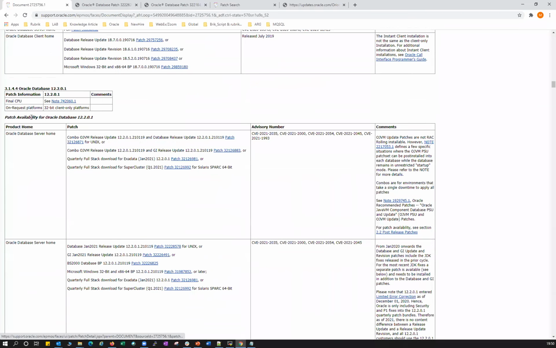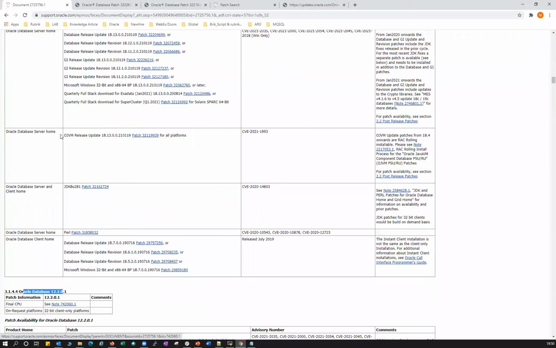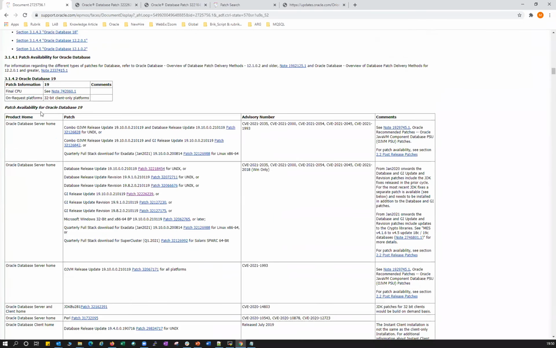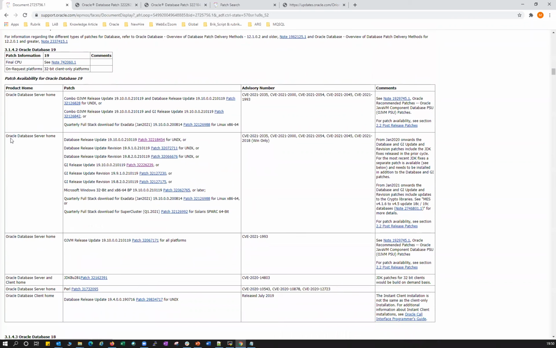You can directly jump into Oracle Database 12.2, Oracle Database 18, and Oracle Database 19. Right now we are having 19c. So I'll go to 19c, and here is Oracle Database server, and this is the combo patch. Combo patch means the Jan PSU patch plus the OJVM patch.